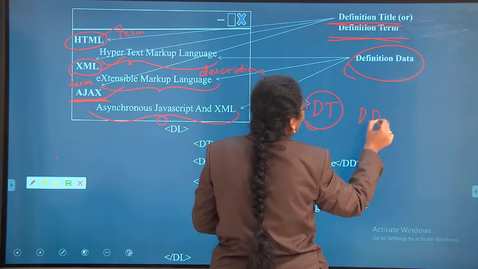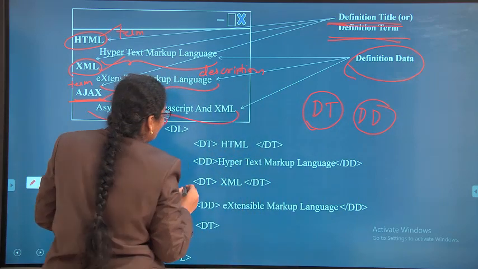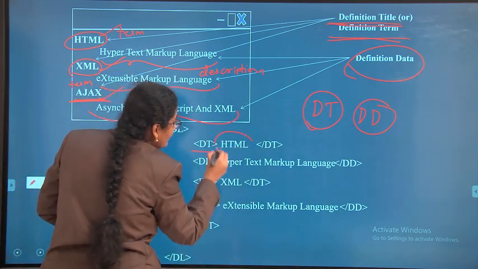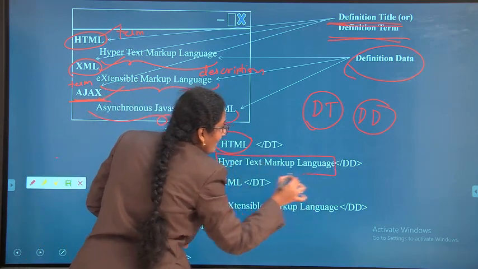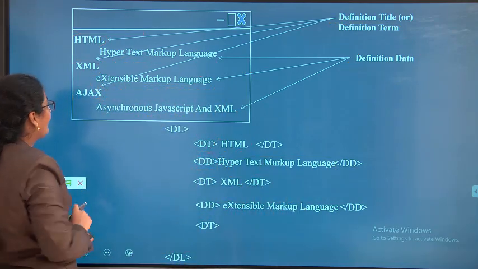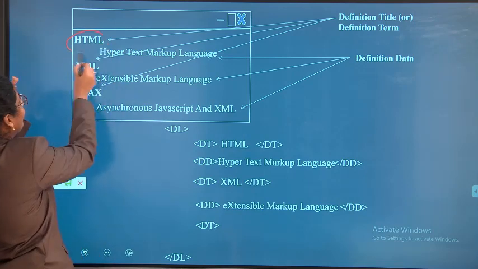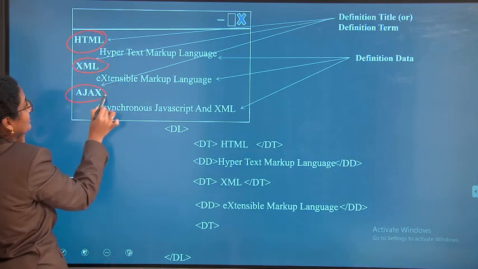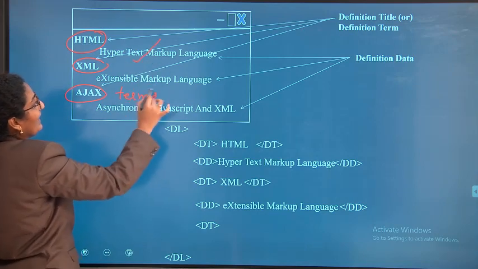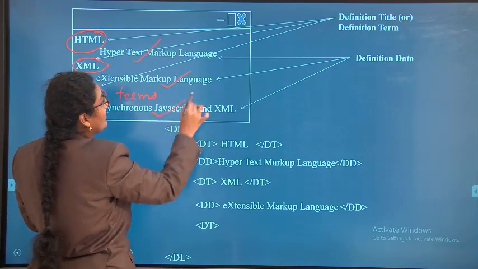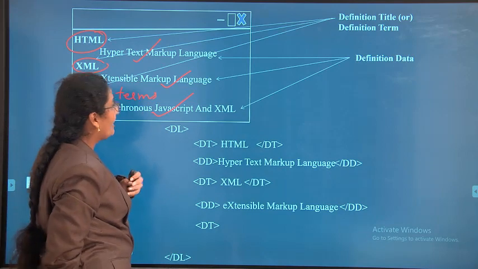Definition data is called DD. Definition term is HTML, definition data is hypertext markup language. So once again, HTML, XML, Ajax are terms, and hypertext markup language, extensible markup language, asynchronous JavaScript are definitions.